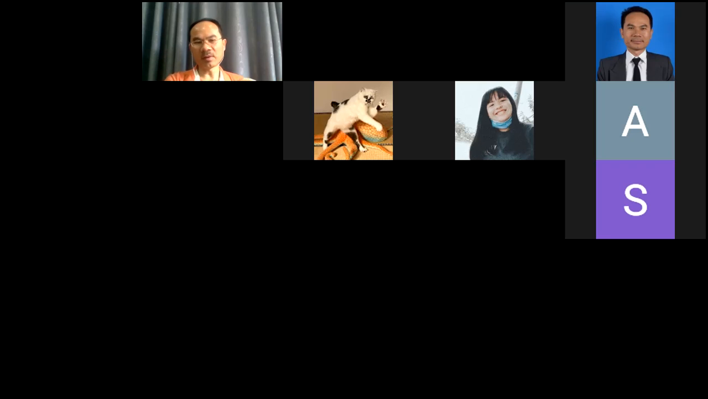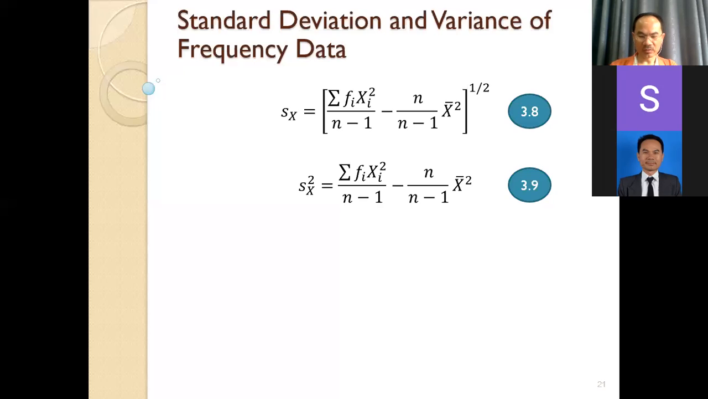For the next example, we talk about the individual data. If we have the frequency data, you can calculate the standard deviation and variance for the frequency data. You only modify the equation, only by adding the frequency in this term. If you go back to the previous formula,